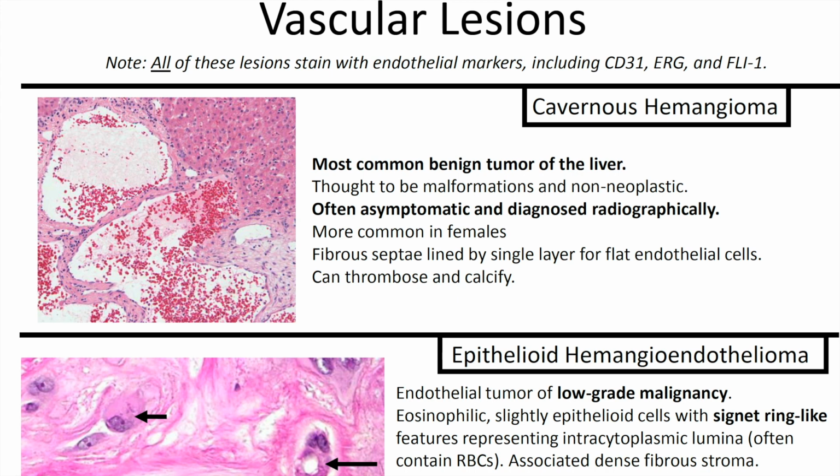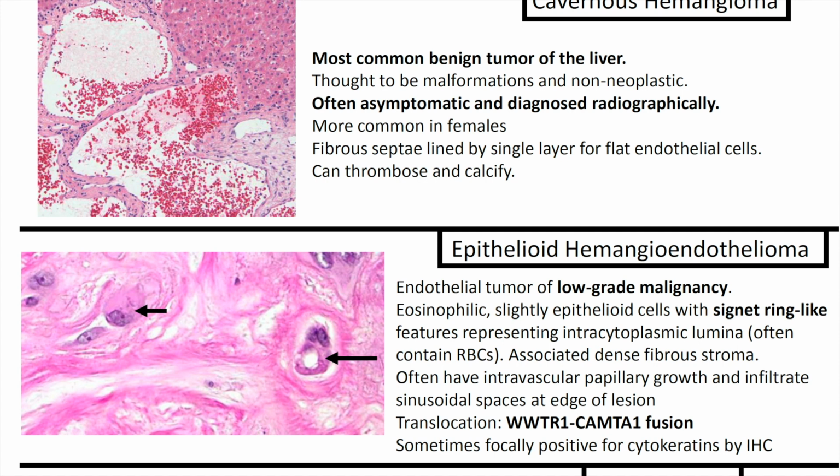So for vascular lesions, it would make sense, but all of these lesions stain with endothelial markers, including CD31, ERG, and FLI1. And that makes sense, right? So vessels are going to be lined by endothelial cells, so vascular lesions are going to light up with CD31, ERG, and FLI1. Cavernous hemangioma, first up,